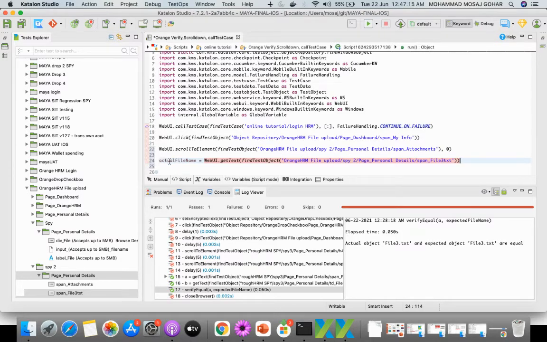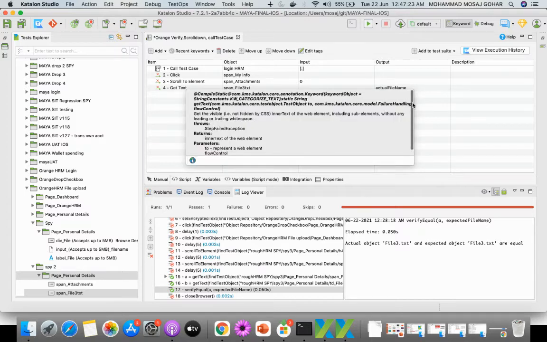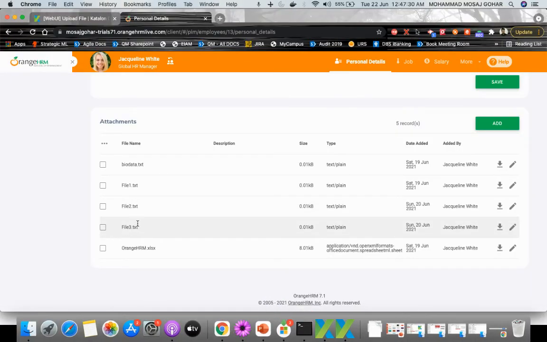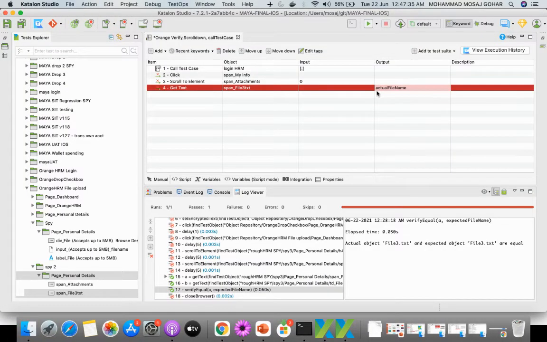Yeah, and that will be stored into a variable called actual file name. Correct. So going back to manual mode, now I need to do a verify of this particular text, with the expected expectation being file3.txt. So there is an actual that is coming during the execution time, and verify is where we need to verify two variables, variable a and b. The first variable is actual file name, and the variable b would be the expected file name. So what we need to do is call a function called